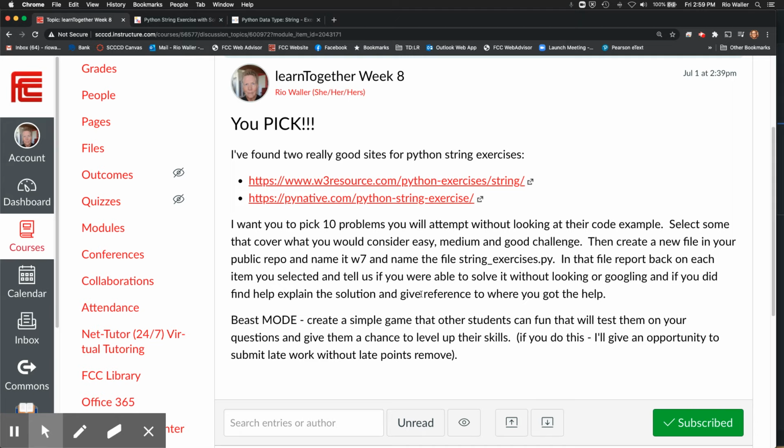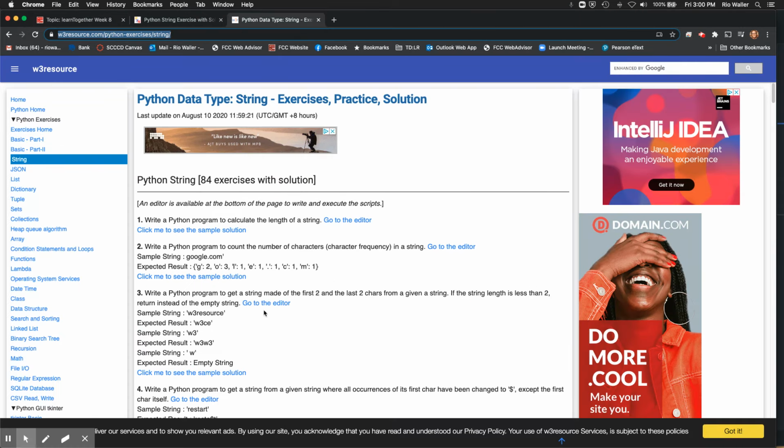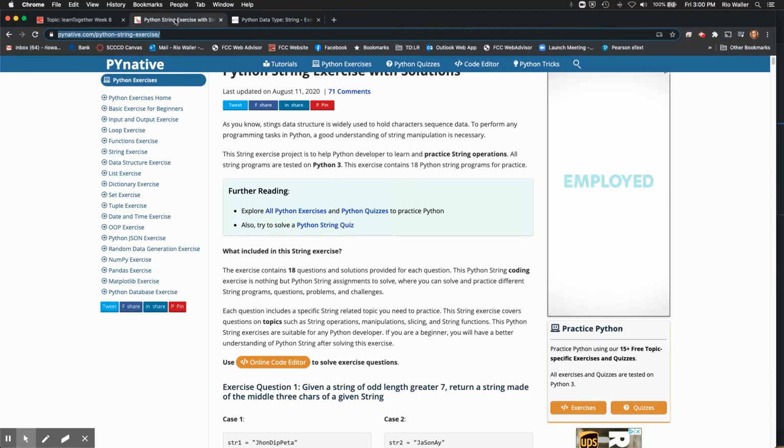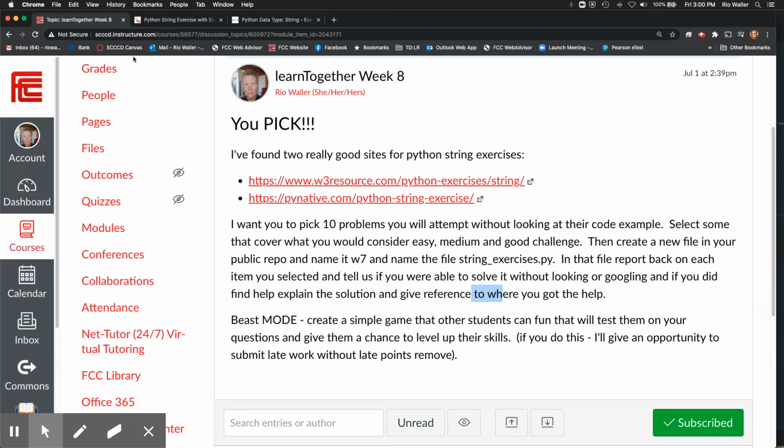And if you do get code, then here's the key: give a reference and explain the code you got. Because it's one thing to find a solution, and it's another thing to take the time to understand that solution. So if you Google it, these sites all have an editor and a sample solution. Everything does, and that's not the point. The point is, can you do it without it? And if you just Google, but you don't find an answer, then say that: I found this.